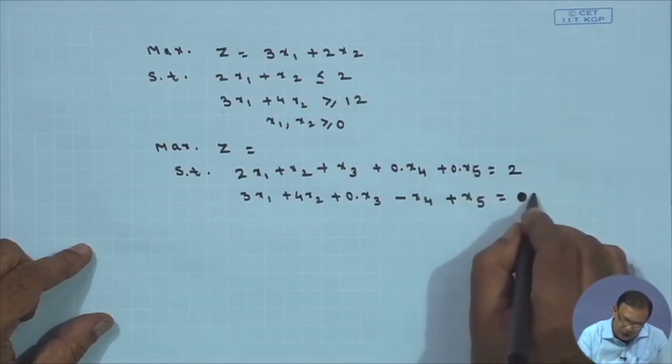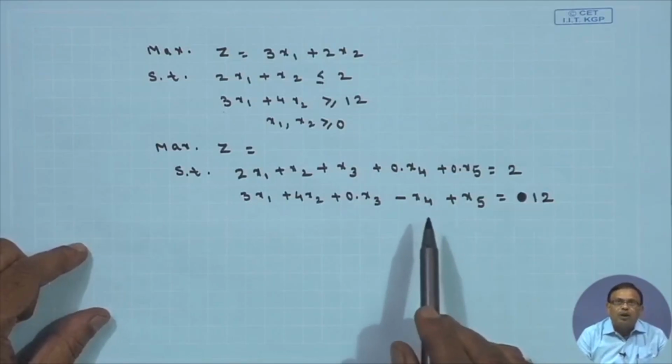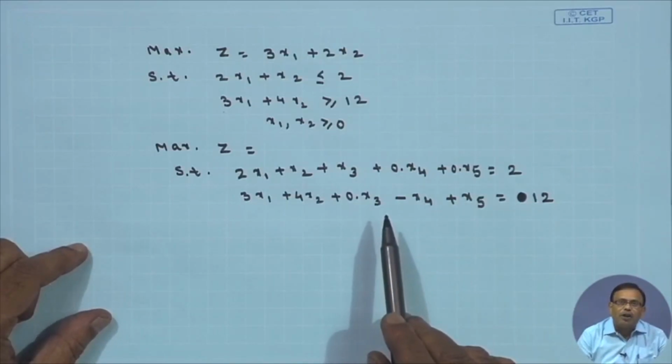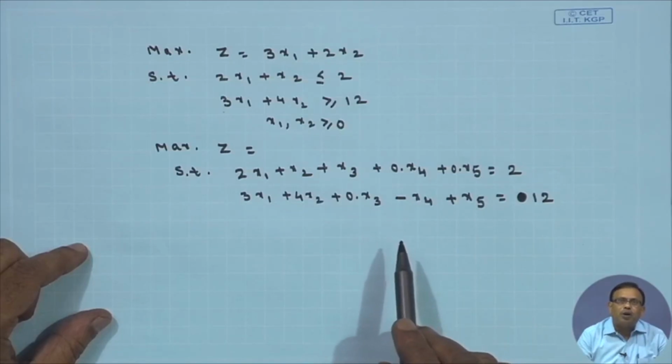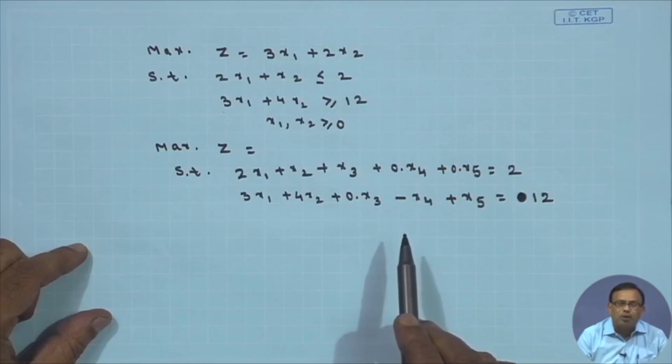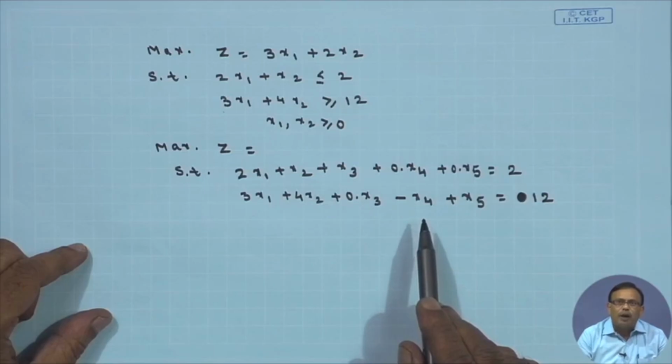Sorry, this will not be 0, but it will be 12. Please note that in this particular problem, since the first inequality was less than equals type, that is 2x1 plus x2 less than equals 2, we have added one slack variable x3 to make it into equality type, whereas the second one was the greater than equals type, that is 3x1 plus 4x2 greater than equals 12. This we have subtracted one surplus variable x4, and to get the initial basic solution